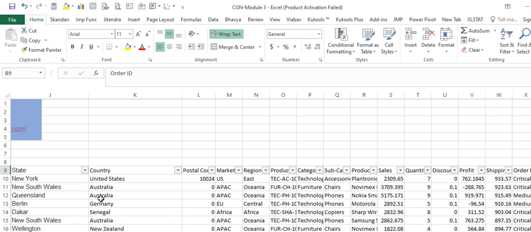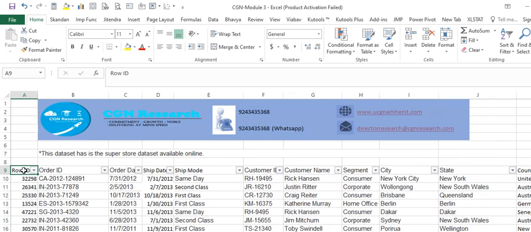So what I will do is I will try removing this filter.